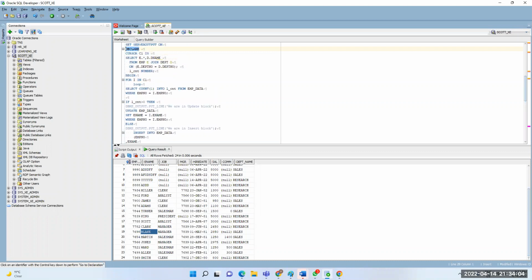See, the cursor C1 is declared here, in the declare block. And then the cursor we are using here, cursor C1, we declared here and then we are using it here. So the cursor goes to the declare part. First, we need to declare the cursor.